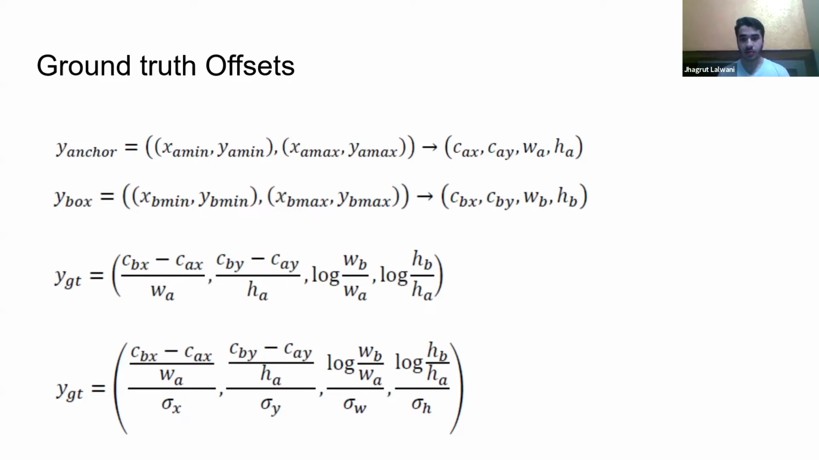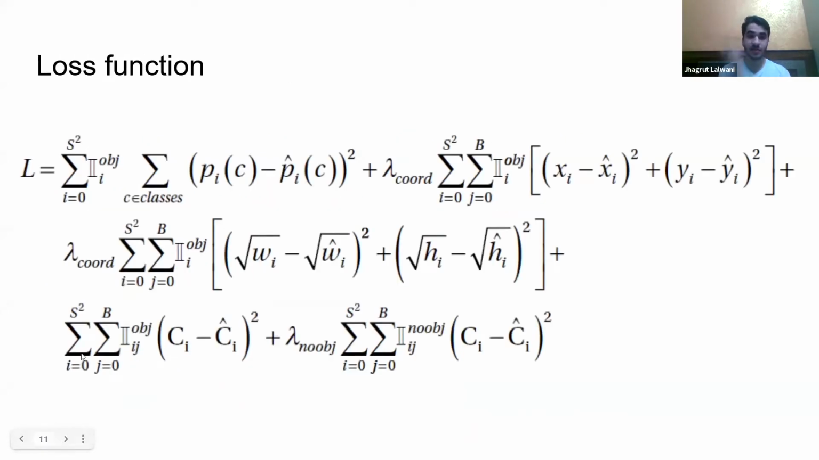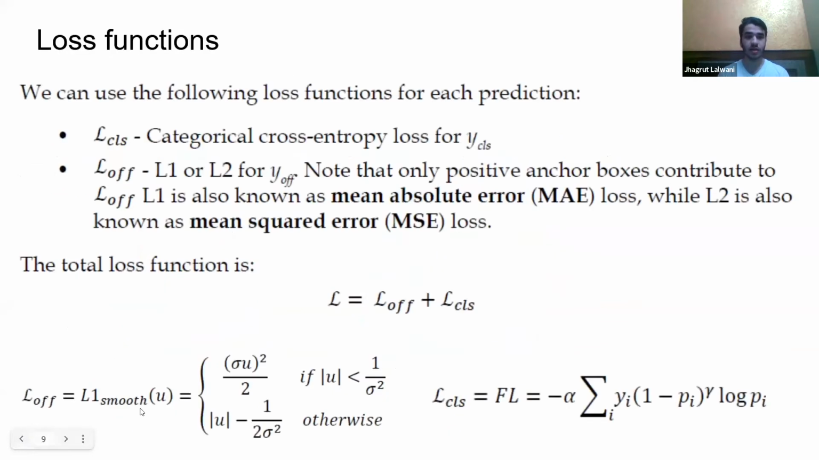You can move over to the previous slide. The last one. No, previous. Right. So